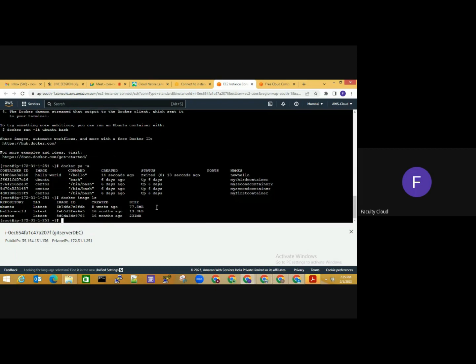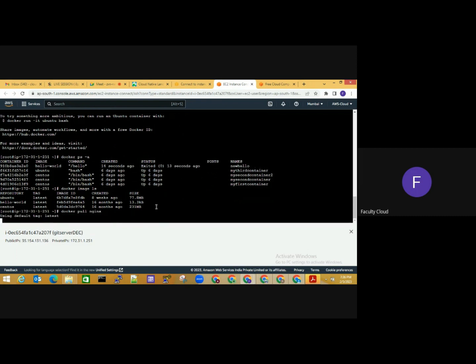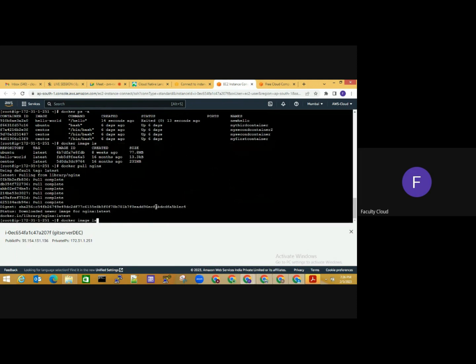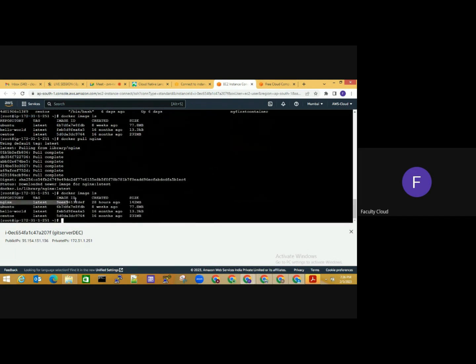So what I'm going to do is pull another image. I can say the docker pull command. Any image which you name can be pulled. So I'm going ahead and pulling, for example, Nginx. Have you heard of Nginx? It is a Linux based web server which is available. So I'm pulling Nginx now. It is pulling, downloading, extracting, and as soon as extraction is completed, I'll get the latest version of the image here. So I'll list and see that I have the latest image which has been pulled.